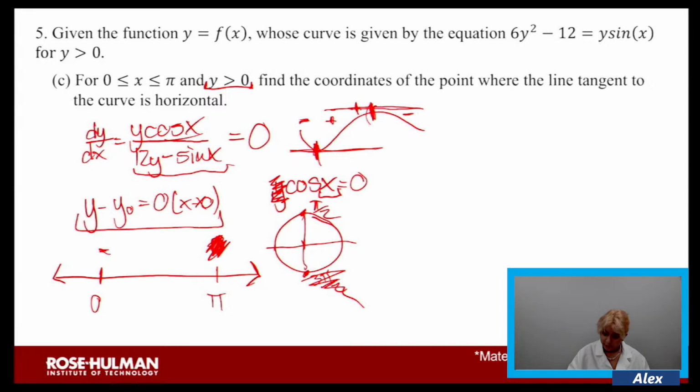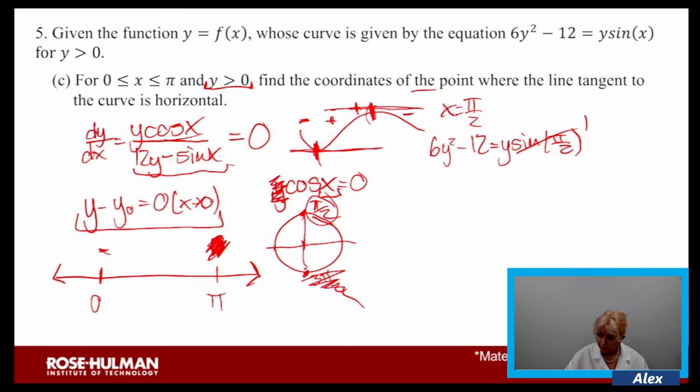So find the coordinates of the point, as in 1, where the line tangent to the curve is horizontal. This has to be our x value because this is the only one that satisfies all of our constraints. So our x is pi over 2. Plug that into our top equation. We get 6y squared minus 12 equals y sine of pi over 2. This simplifies to 1, and we get